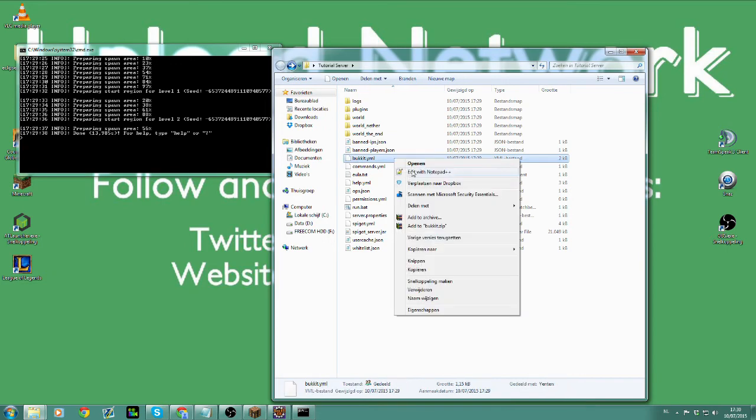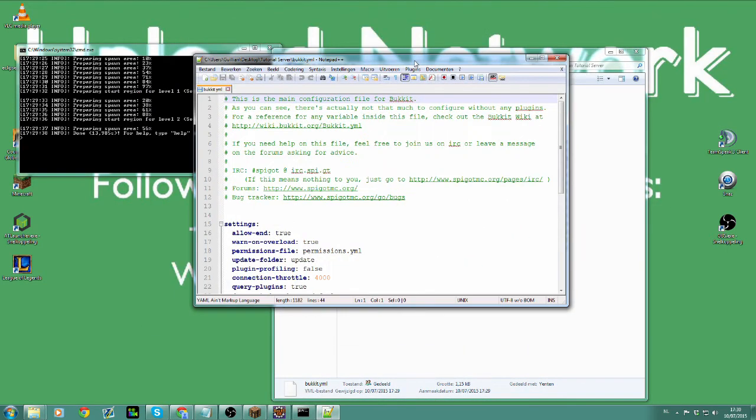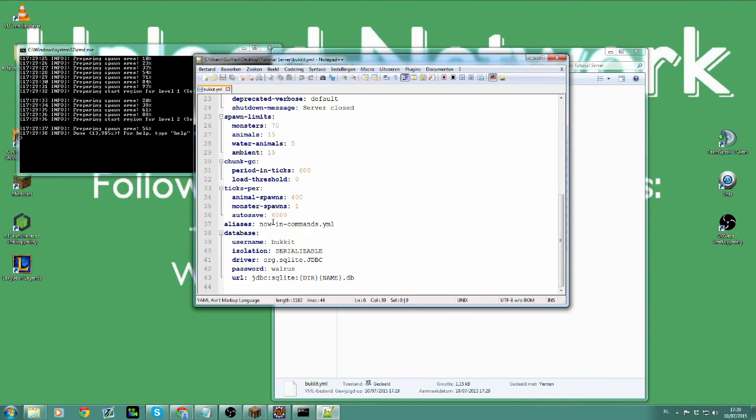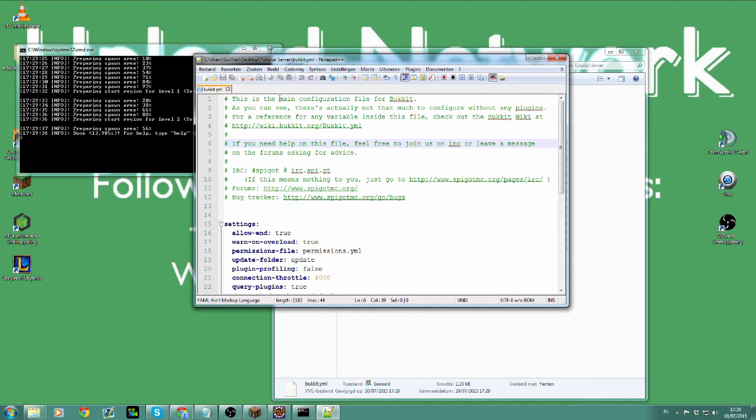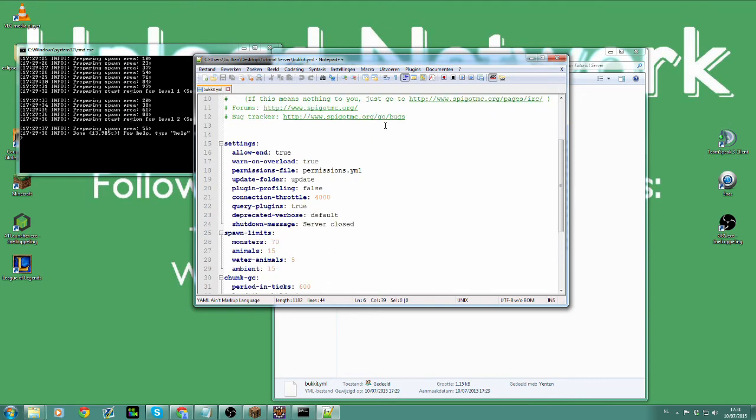Bukkit.yml, let's open it with Notepad++. Also guys, Notepad++ is a pretty useful program if you want to edit config files and YML files later on, as you can see. I will put the download link in the description as well. It's not that hard, just download it, it installs itself if you start the file. So yeah,